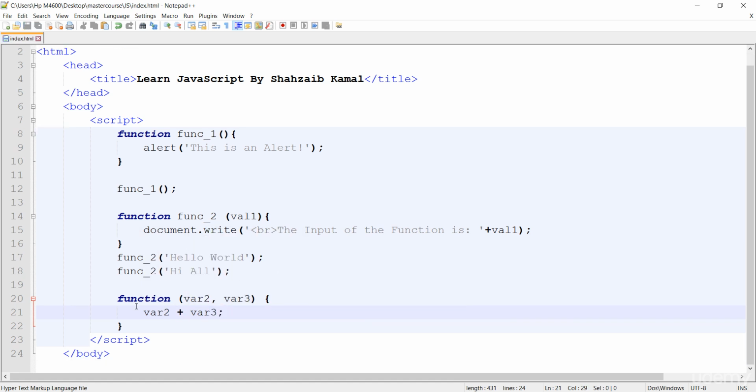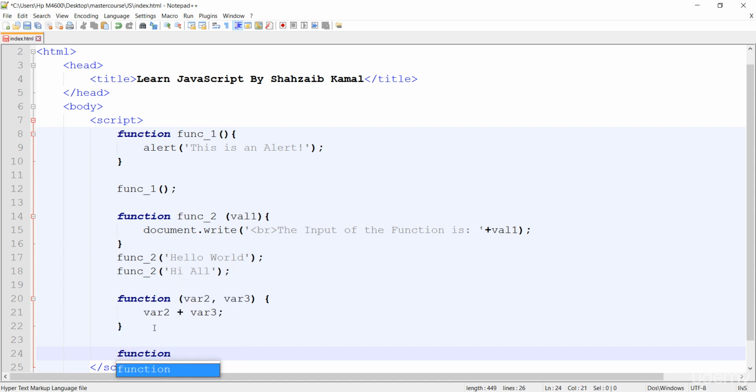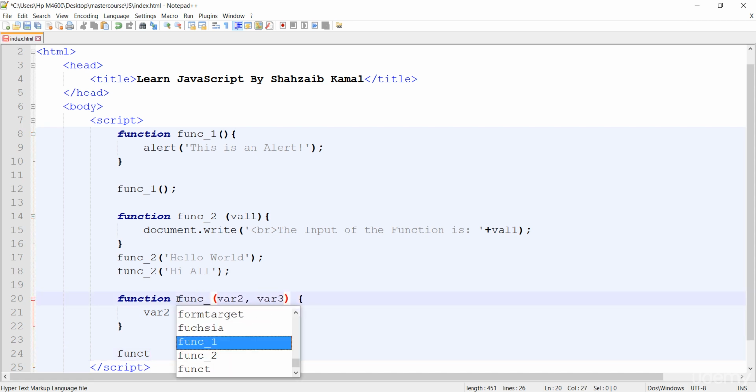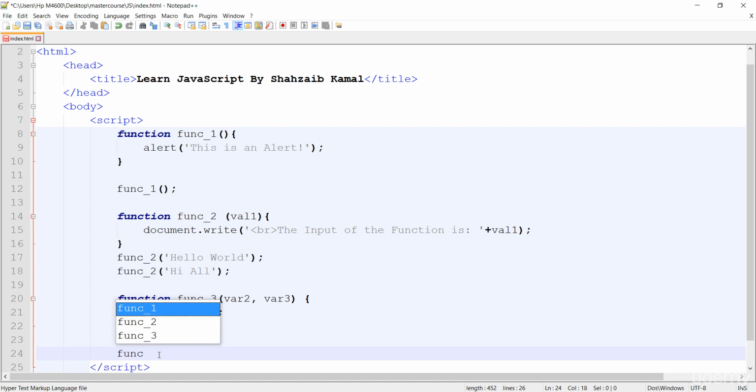Now where I'm going to call this, press enter. I'm calling the variable here, not the complete function, actually I didn't declare the name of the function. So func3, pretty awesome, func3, and then the parentheses, and go inside, and then the values for var2 and var3 are 4 and 5. Exactly, var2 is 4 and var3 is 5 on line number 24. And I'm adding the values of var2 and var3, and collecting both of them in a var